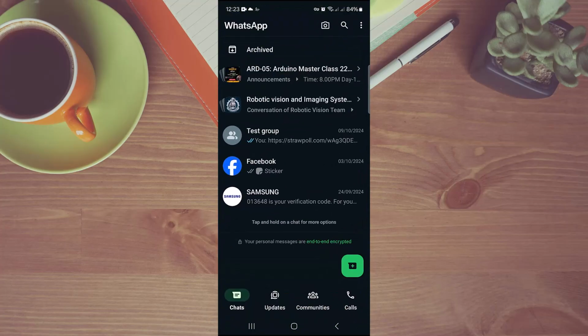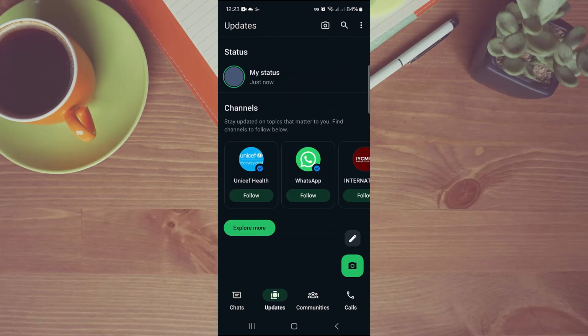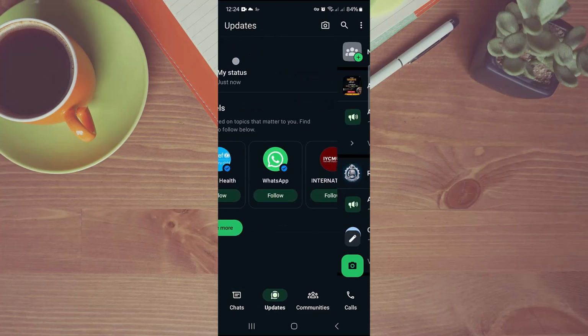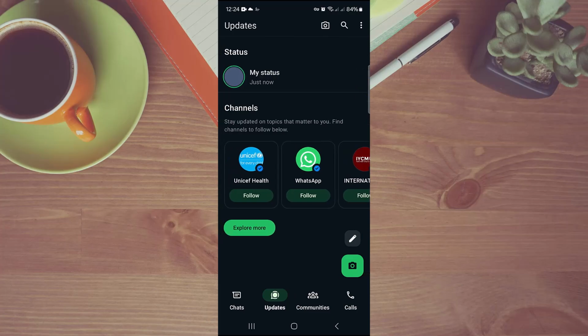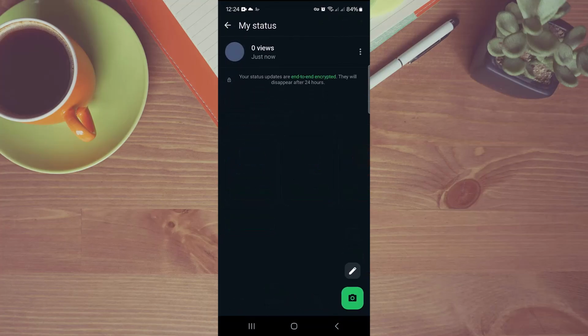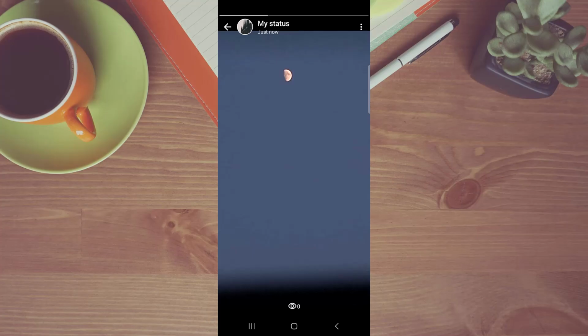Once you're there, if you have already uploaded a status of your own, just go to the updates, and here you can see the status. In the status option there is my status, and click on it. Here you can see there is a view currently, and if we want to delete it, we just need to